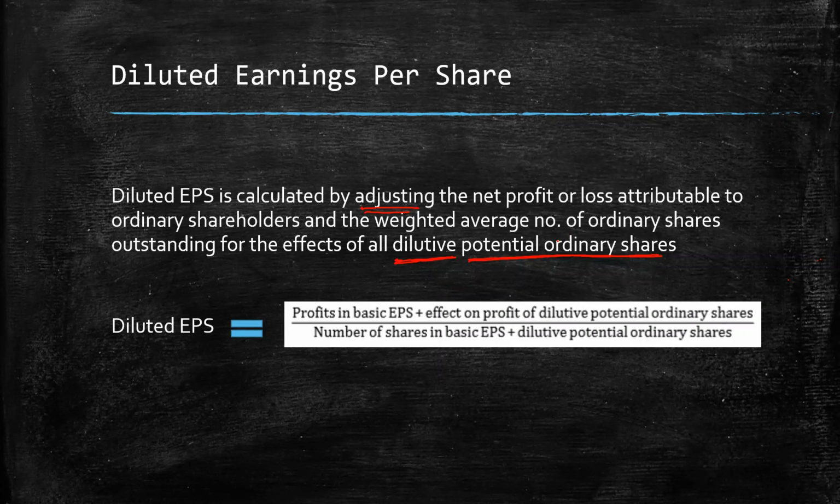For an example, convertible loan stocks or convertible preference shares. Once these convertible instruments are converted, if it resulted in an increase in EPS,